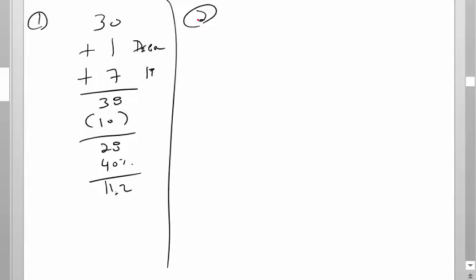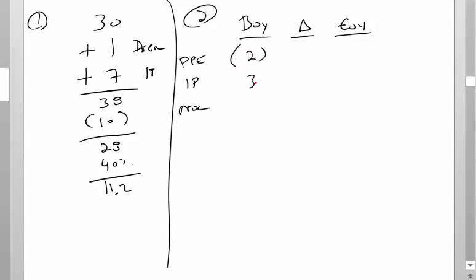Now deferred. So I'm going to do this sort of thing. I'm going to do like a beginning of the year, a change, and an end of the year. So I had PPE, IP, and NOL. And that started as 2, 35, 60. And it went down by 1, 7, and 10. So now this is 1, 28, and 50.